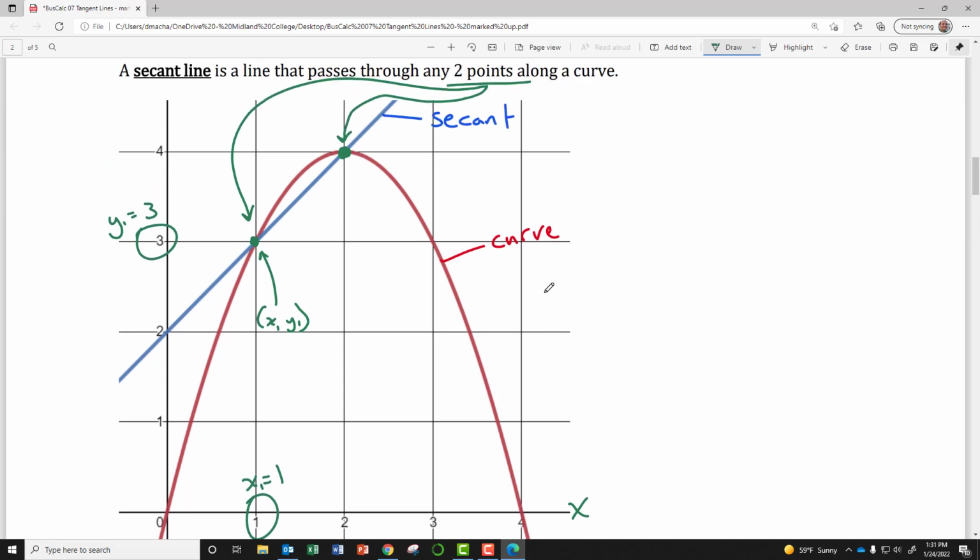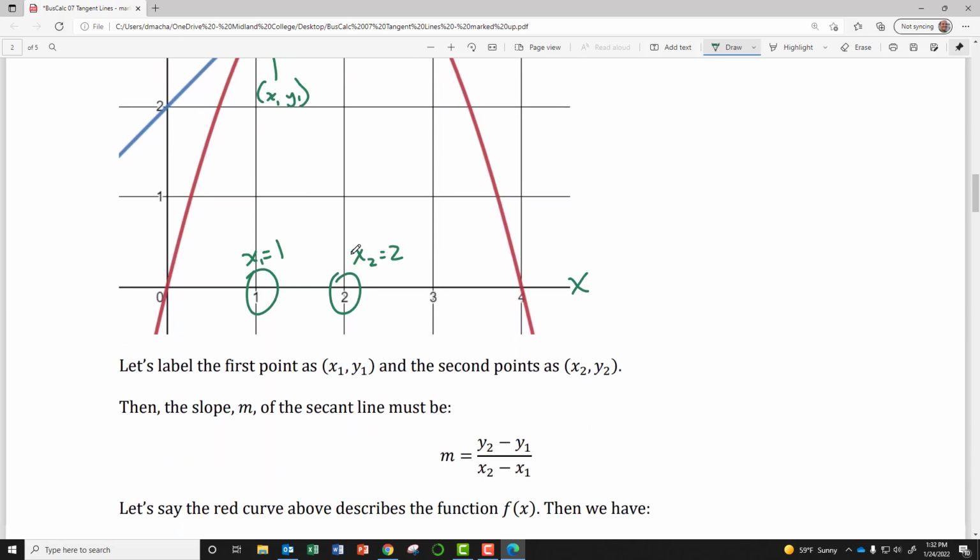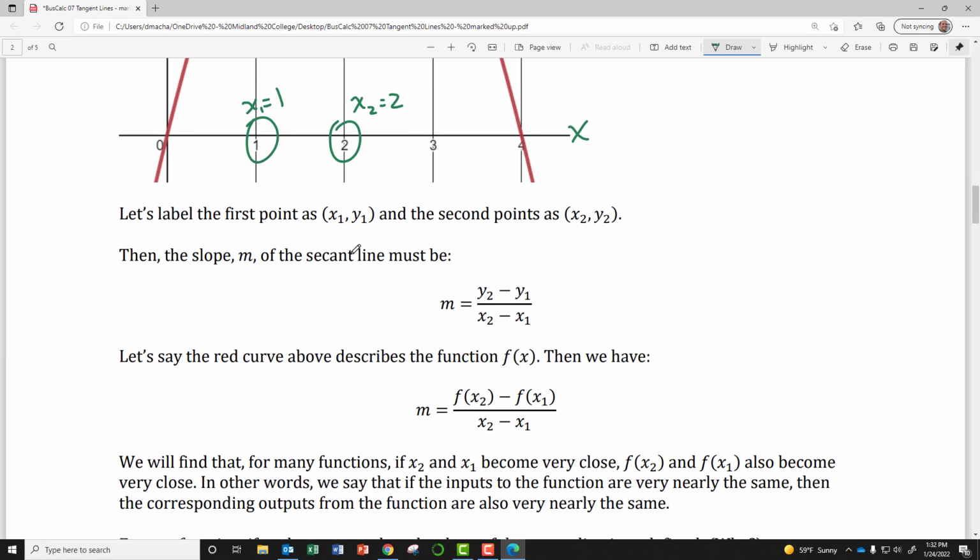And for the second point, this coordinate pair I'm going to label x2, y2, where it looks like x2 is just the number 2 and y2 is just the number 4. So I'm giving a name to the coordinates of these 2 points that define where my secant line goes. Okay, now if I want to get the slope of the secant line, and we always use lowercase m to talk about the slope of a line,